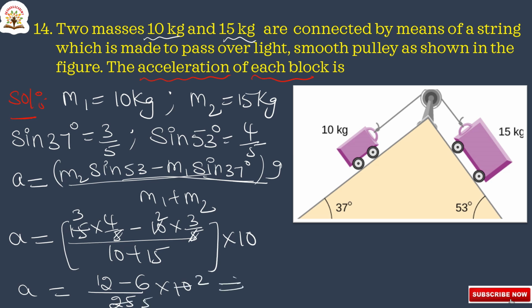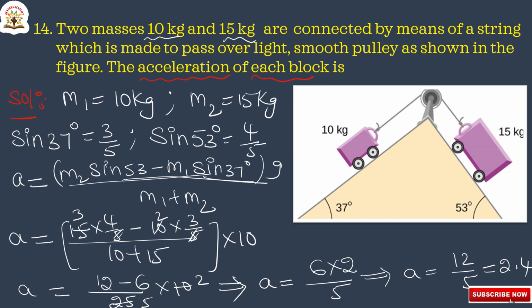So that implies A is equals to 12 minus 6, 6 into 2 by 5, 6 2s are 12. So A is equals to 12 by 5, that is equals to 2.4. So therefore the acceleration of each block A is equals to 2.4 meters per second square. Okay, next we will go to the